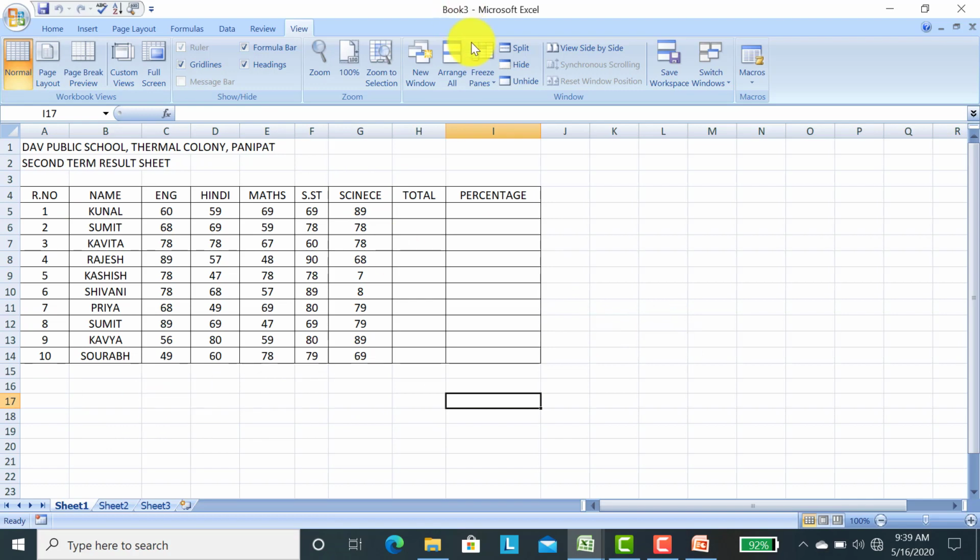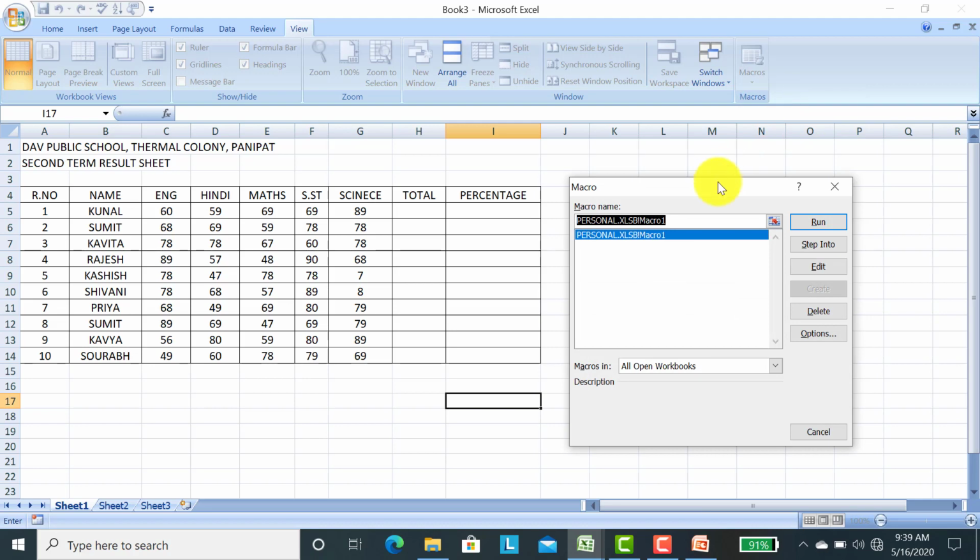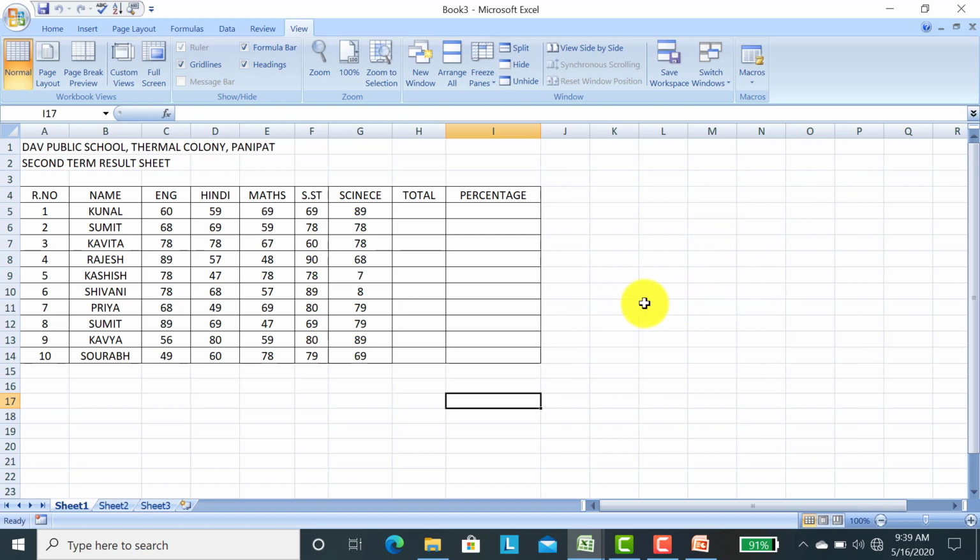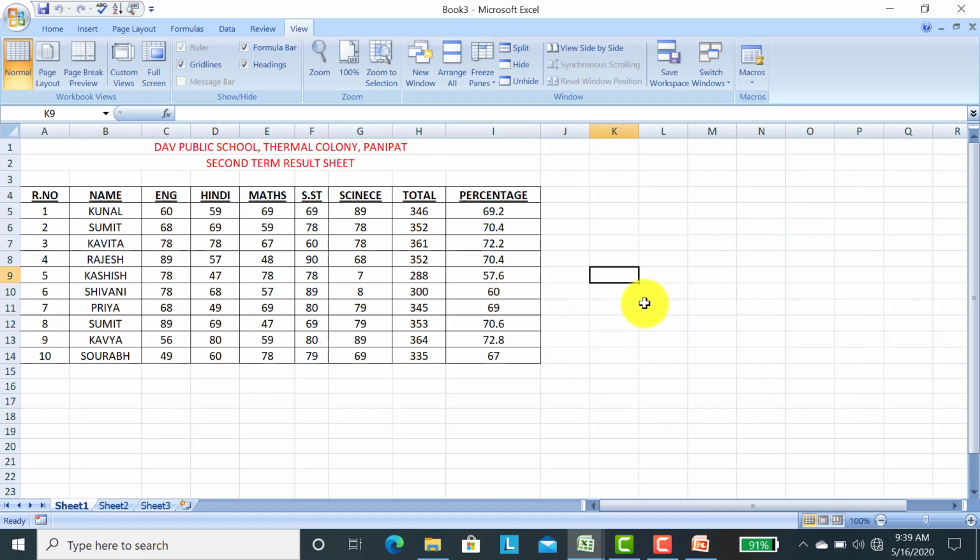How do we see if it works here or not? Go to macro and view macro, and we had taken the shortcut key, that is Control T. I am using keyboard Control T.